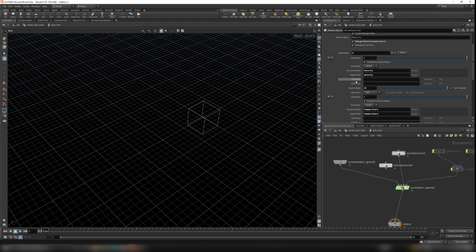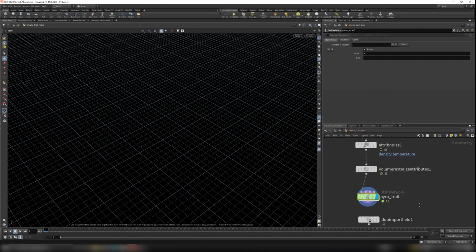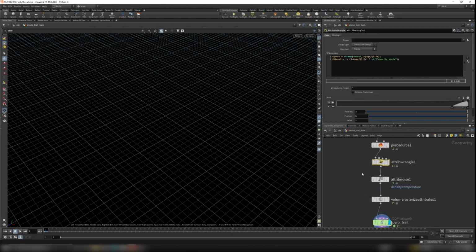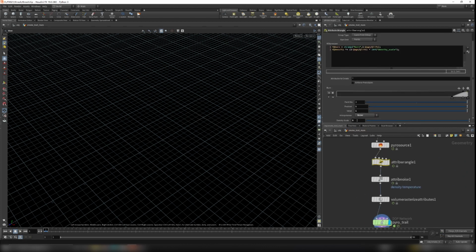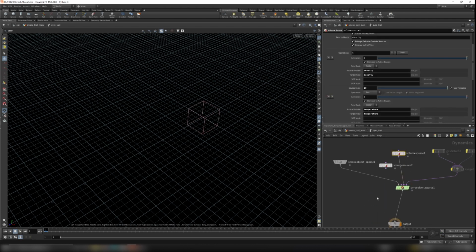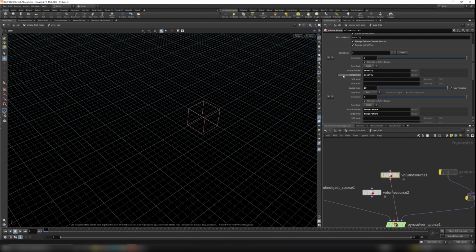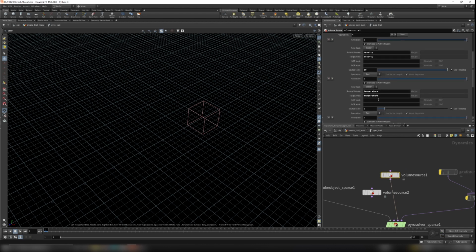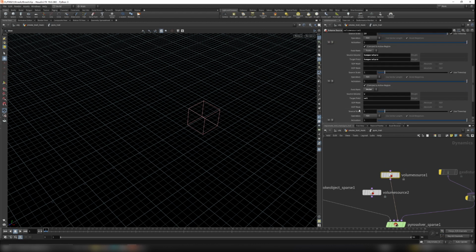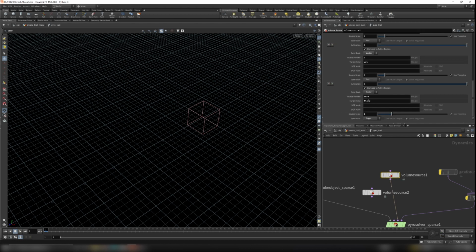So you can change the density scale based on your simulation. You can change the density scale in the DOP network, or you can also change the density in the sub level, maybe 50 here, so it's the same. Okay, and the temperature is the same, velocity is the same, and the burn here, I think I changed the operation